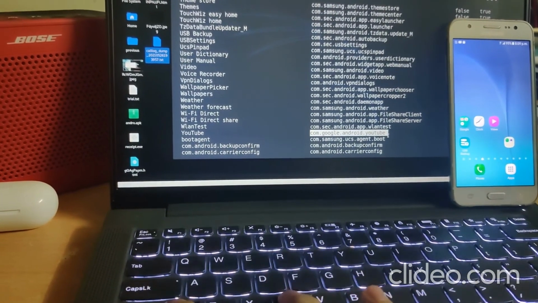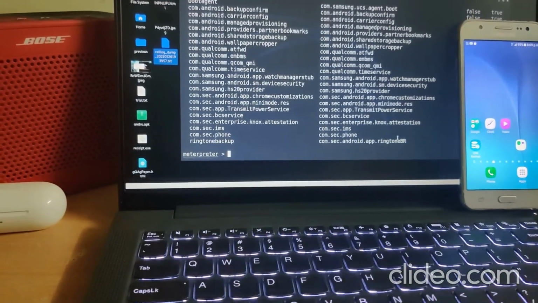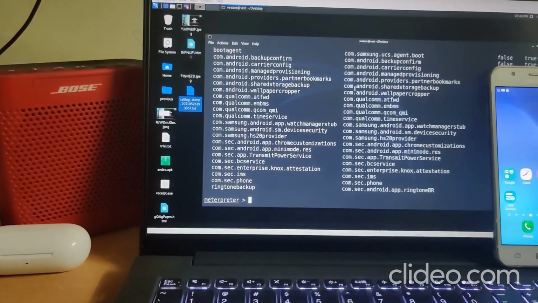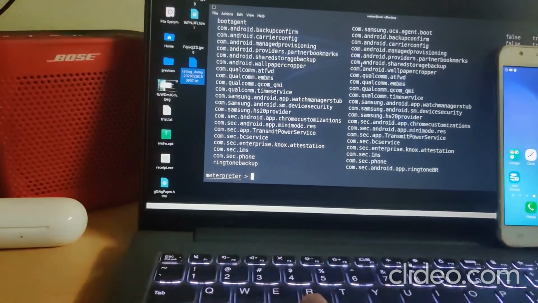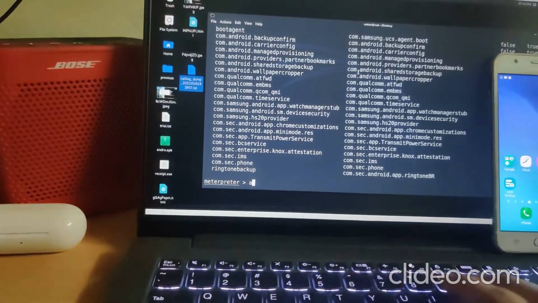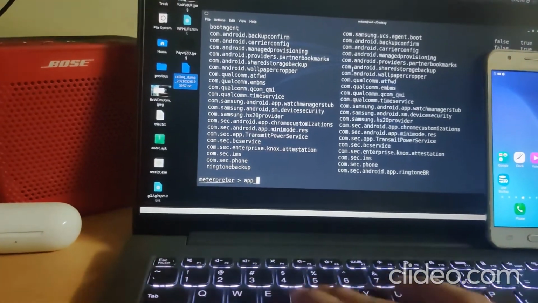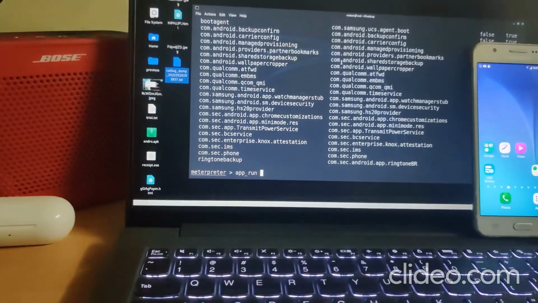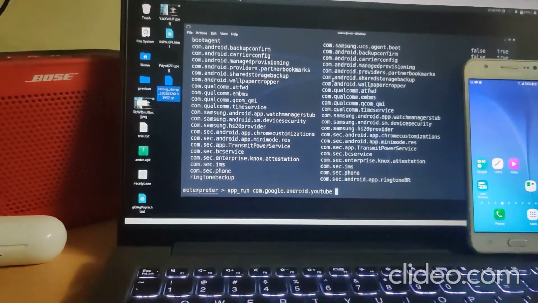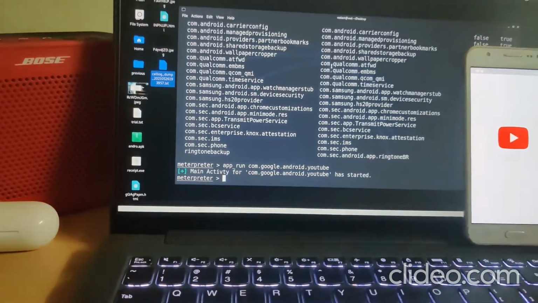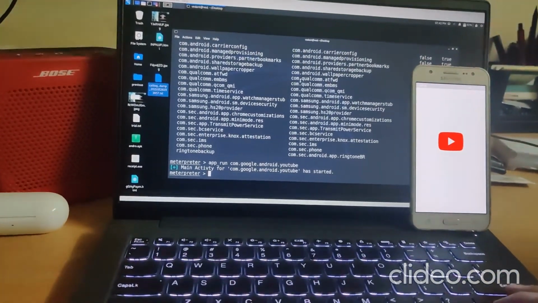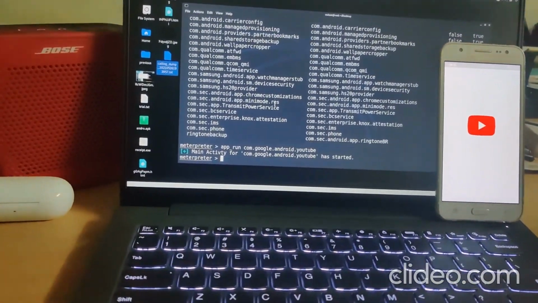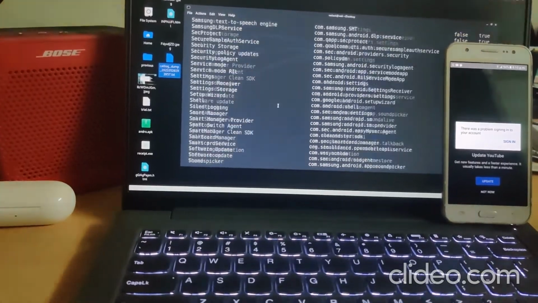I'm just going to copy this and paste it. First I'll write app_run, give the space and paste the package of YouTube, hit enter, and I see the YouTube app started over here. Another thing, we'll try this once again.